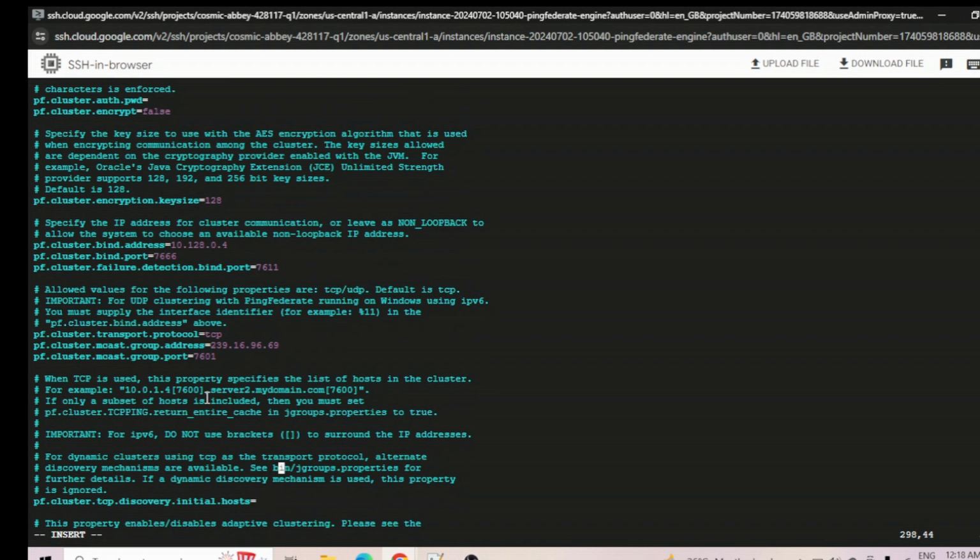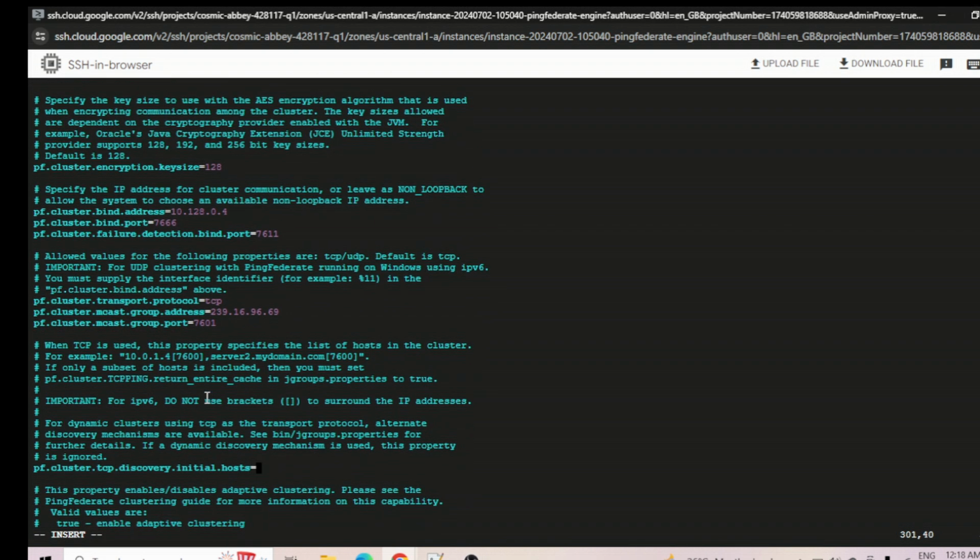Okay, now you can see PF cluster TCP discovery initial host. Here you just need to give the address of the admin, so that the engine can discover the cluster node. How this works basically is, for example, if you have one admin node and 10 engine nodes,